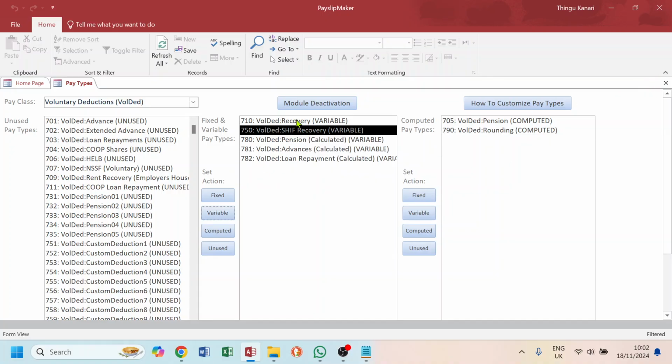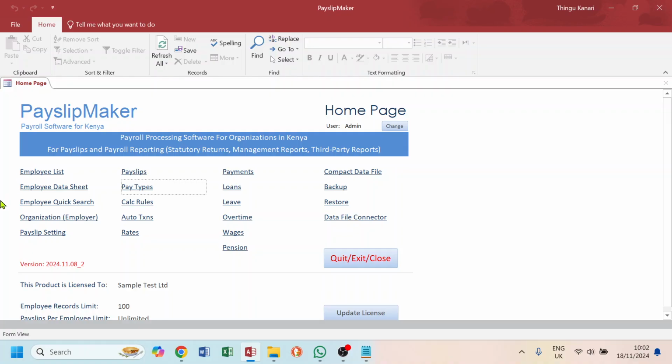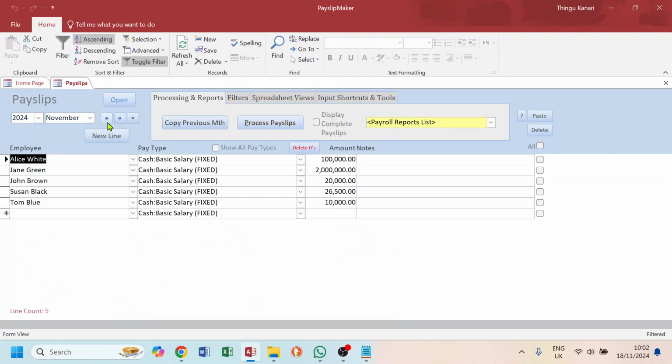But in our case, if you haven't used it, I suggest you use this recovery, and then we'll put a note to explain what it is. The name of the pay type doesn't need to be specific. We can always put details in notes. Okay, so now we want to get the figure. So if we go to October,